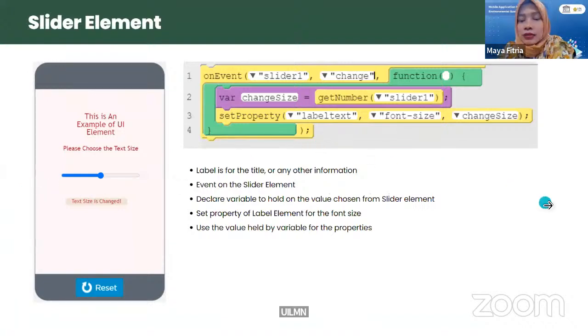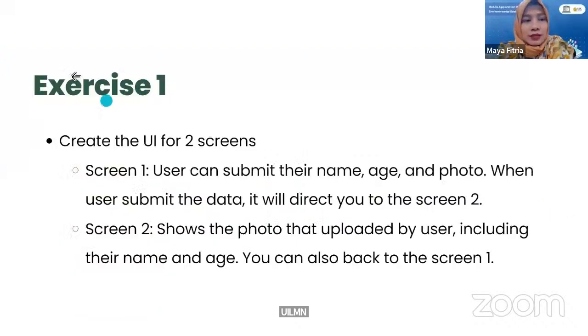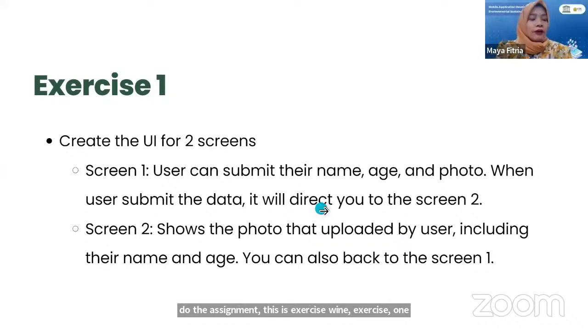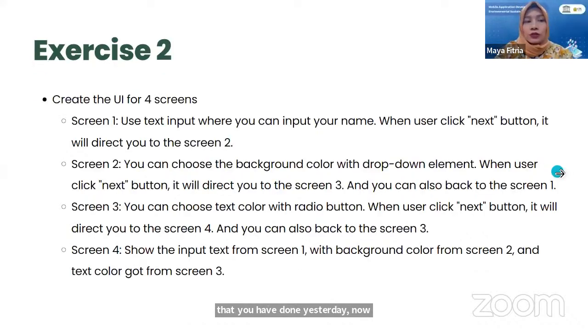Now let's move to the assignment. This is exercise one that you have done yesterday. Now we move on to exercise 2. The task is you need to create 4 screens. Okay, the first screen,